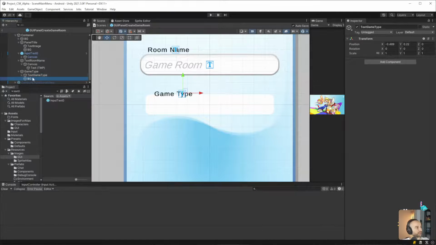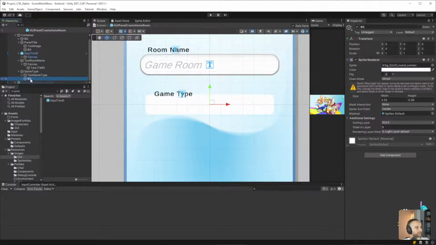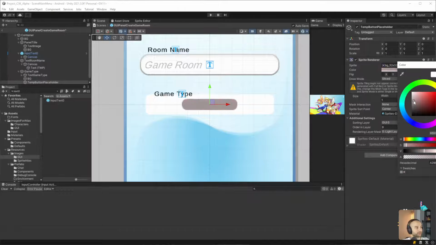So for right now, I'll just make some whatever objects. Let's take this, duplicate it. Temporary button placeholder. Okay. And then we'll make it a width of, let's say, one, height of, we'll say 0.2, and change the color.